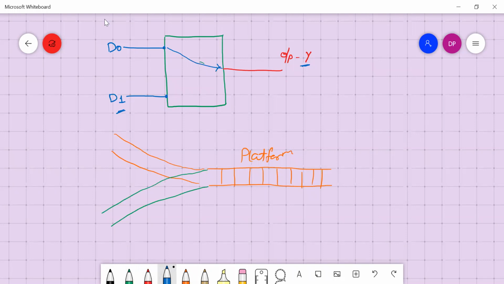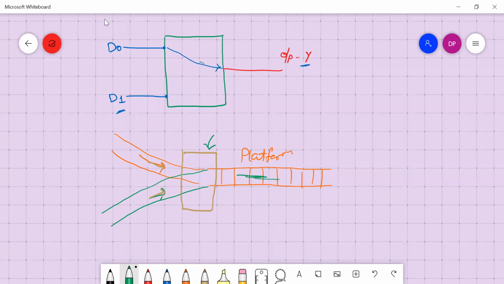So at this point, what you have to have right here is something so that the trains coming from this direction and this direction won't collide. At the platform we expect one train to be available at a given instance of time, maybe the train coming from this orange color line or the train coming from the green color line.